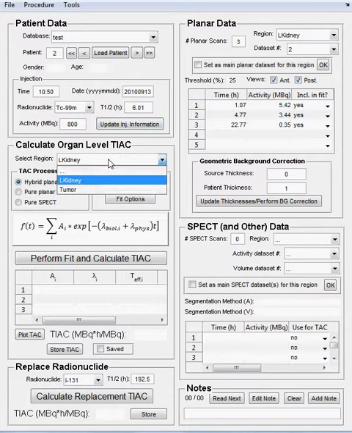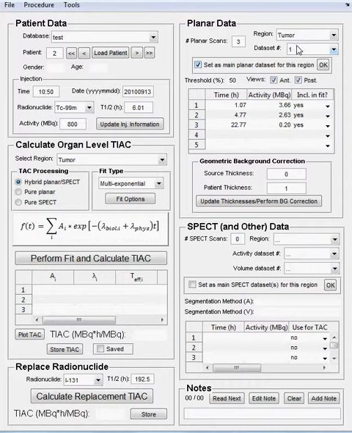We can select the tumor, and again we have the results from the planar data analysis of the tumor. And at this point we're ready to go ahead and start analyzing the SPECT data for this patient. So that's to complete our hybrid planar SPECT